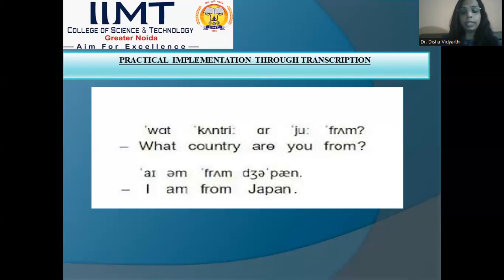Now, if you can see, the example is written over here. As I said, it can be vice versa. First, a transcription of the sentence is written, and then the sentence itself: What country are you from? Now, suppose somebody who is a novice or doesn't know the English language properly may speak it like this: what country are you from, or what country are you from? But if you have studied phonology, if you have studied those symbols of sounds, then you can mark out what is written: it is a v sound, it is an a sound, and it is ta.